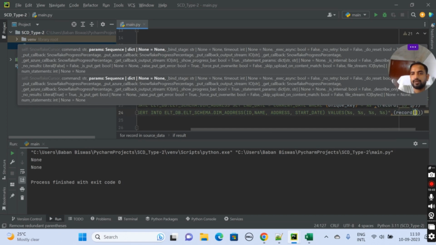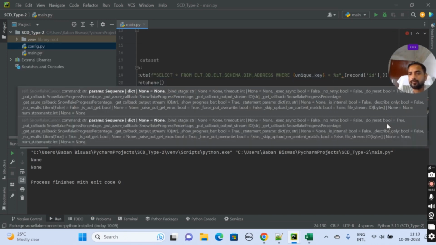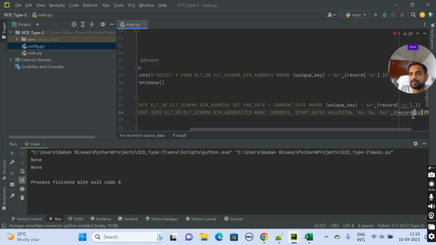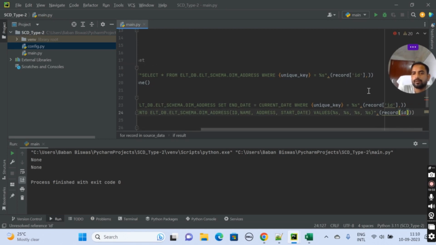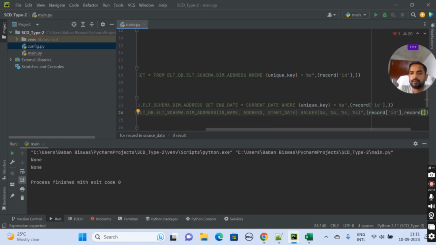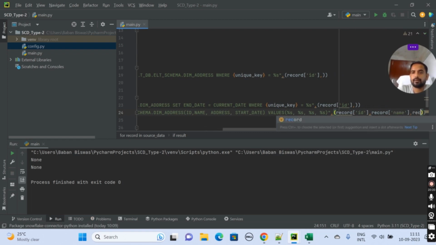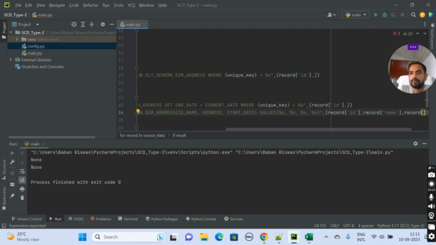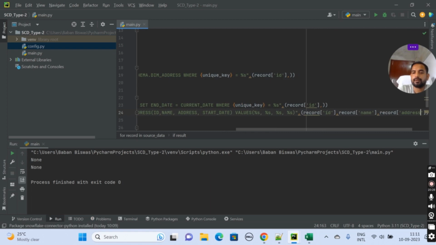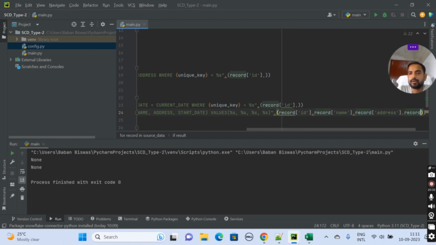In the tuple, basically, we mention this record. First is record, under that is id, right? Now id should be under quotation, right? id, next record, under record name, then record address, and at the end another one, record start date, right?